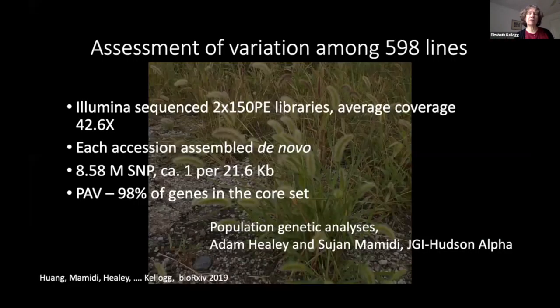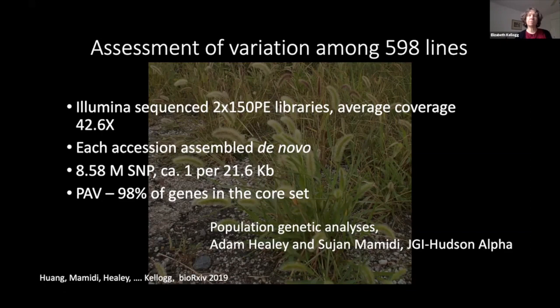And so the JGI sequenced libraries for each of these things, covered to very high coverage. Each one has been assembled de novo. And we've got a lot of SNPs, did a lot of presence-absence variation. 98% of the genes are shared among all the species. And we've done a bunch of, Adam Healy and Sujan Mamidi at the JGI HudsonAlpha have done a lot of population genetics on this, which I'm only just going to mention in passing for this talk,